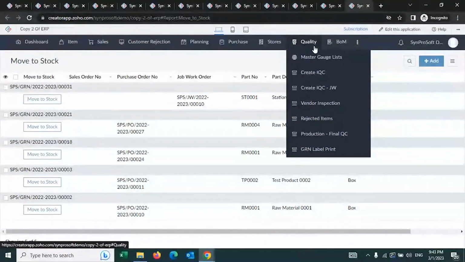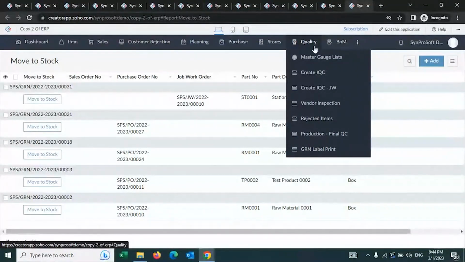I am rejecting 10 items. Can you please come to my factory, inspect this and replace or rectify? That is also possible. So we can trigger a request to the vendor to come over and inspect that. That is also possible. So you have multiple ways in which you can do that.